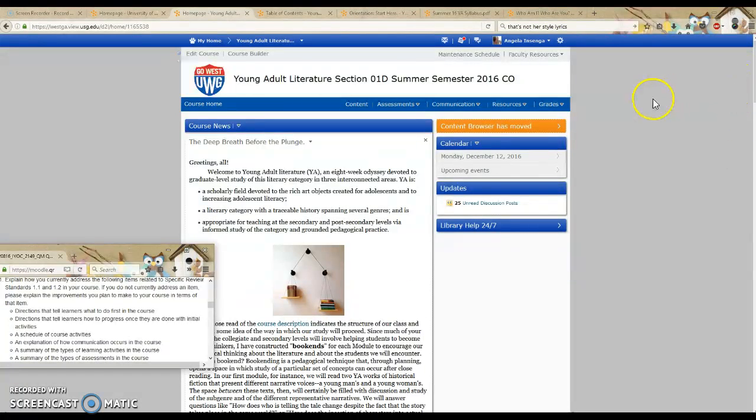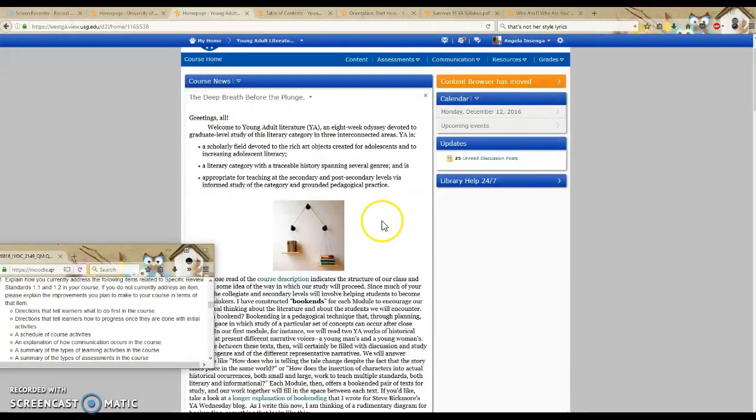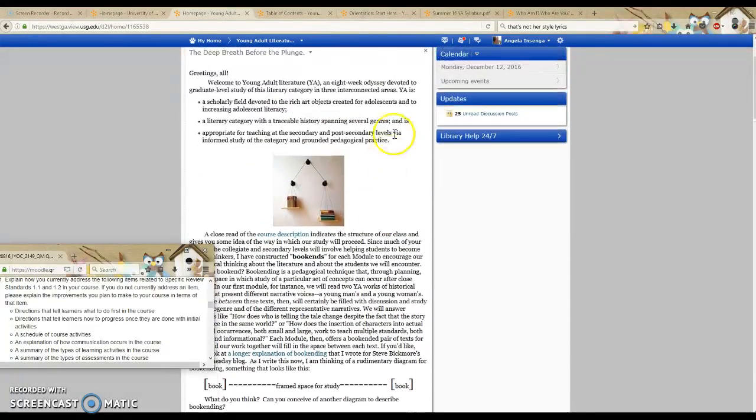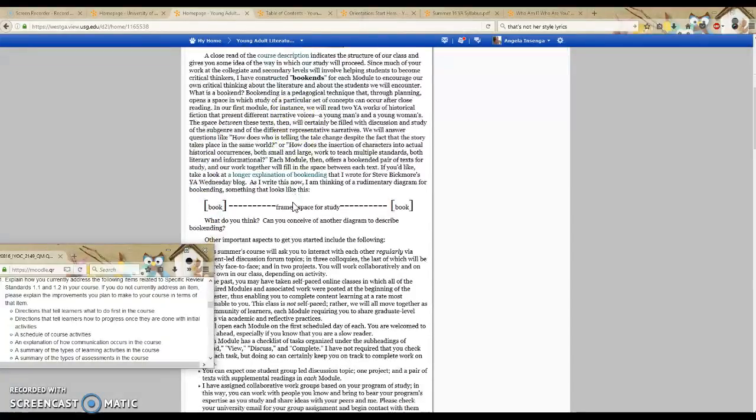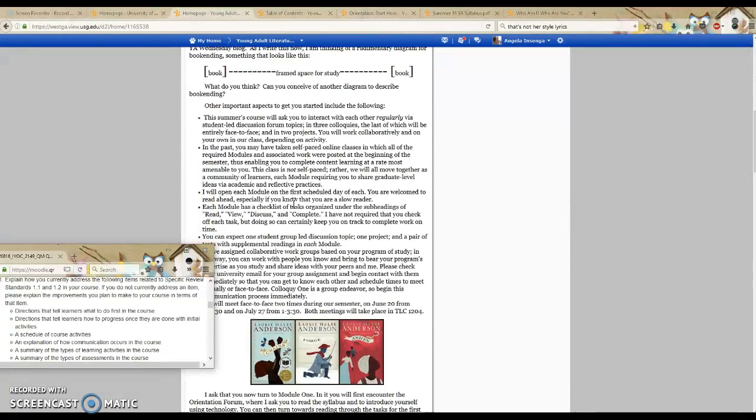And in it, what I attempt to do is go through it and provide for them not only an aerial view, giving them the premise of the course, an aerial description. They can, of course, link to the detailed description that had already been provided to them via campus publications. But then I move directly into a list of important aspects that get students started. So again, in this greeting letter, I'm giving them this large overview. I'm about to direct them to a specific overview and orientation, but I want to give them a large general